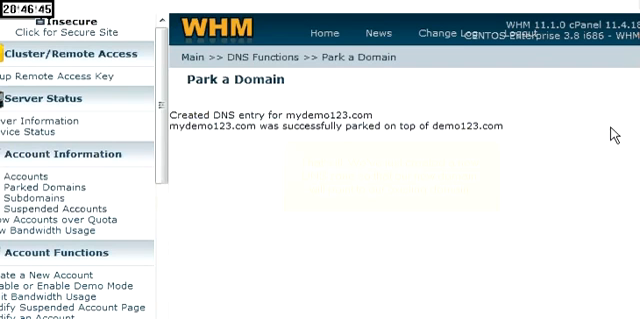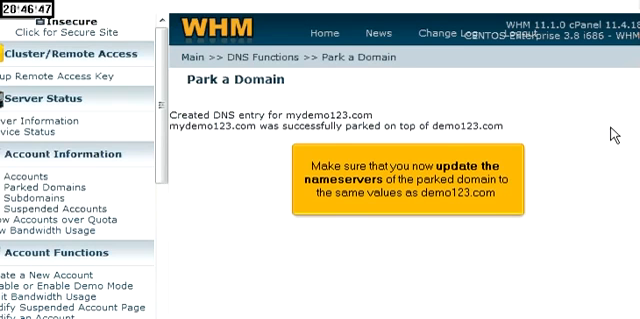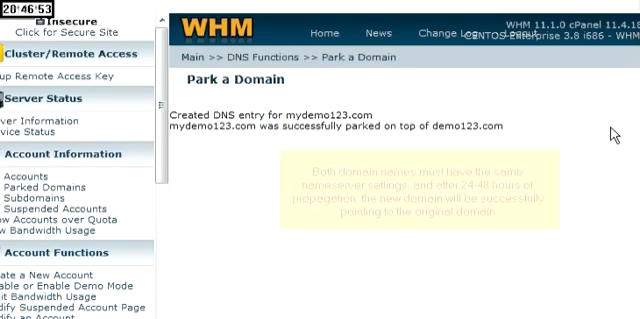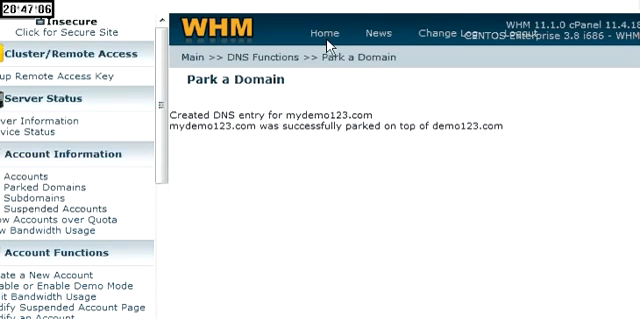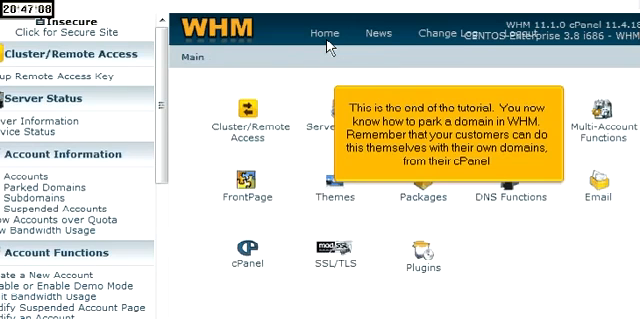Make sure that you now update the name servers of the parked domain to the same values as demo123.com. Both domain names must have the same name server settings, and after 24 to 48 hours of propagation, the new domain will be successfully pointing to the original domain. This is the end of the tutorial. You now know how to park a domain in WHM. Remember that your